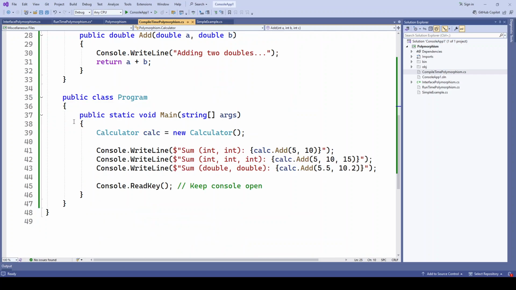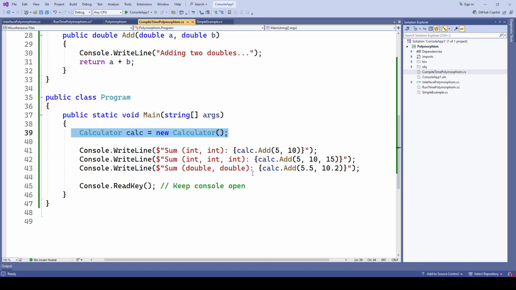Now let's see how we are calling it. We created an object here, and then we are calling the same add method, but with different values. In the first add, we are passing 5 and 10. In the second one, we are passing three parameters, and in the third we are passing doubles. The interesting thing is that in all three calls, we are calling the same method, because it's add, right? But depending on the parameters,